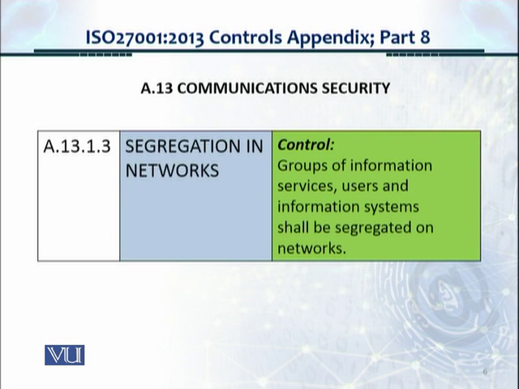and the DMZ should be in a separate zone, and the data center servers should be designed so that they are in separate zones, so that the impact of an attack, for example, is minimized, and the broadcast domains are also actually limited. And there are also other advantages of segregation in the networks, and that's very much a security control.